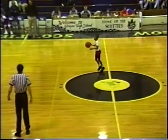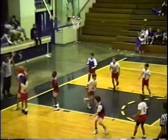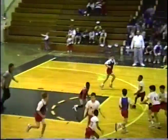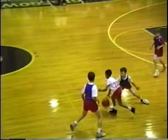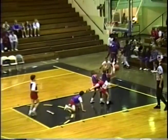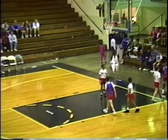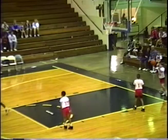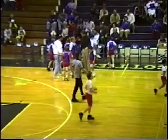Cedric Curd chases down the pass, brings the ball into front court. Drew Shirley turns, puts it up. Alan Fleener cleans the board. Breakaway, but he's not seen up there as Brandon Stockton drives. No good as Drew Shirley comes off the board. Spencer Kidd steals the ball, dives for it out of bounds. At the close of the first quarter, it's 76ers 14, Pacers 6, and we'll turn it back over to the